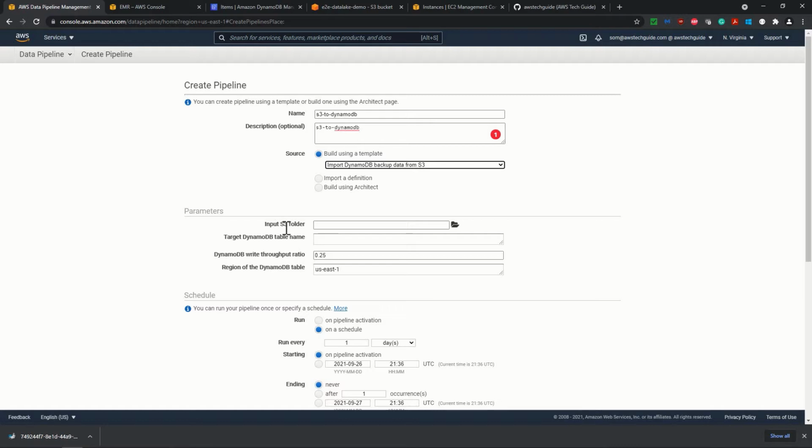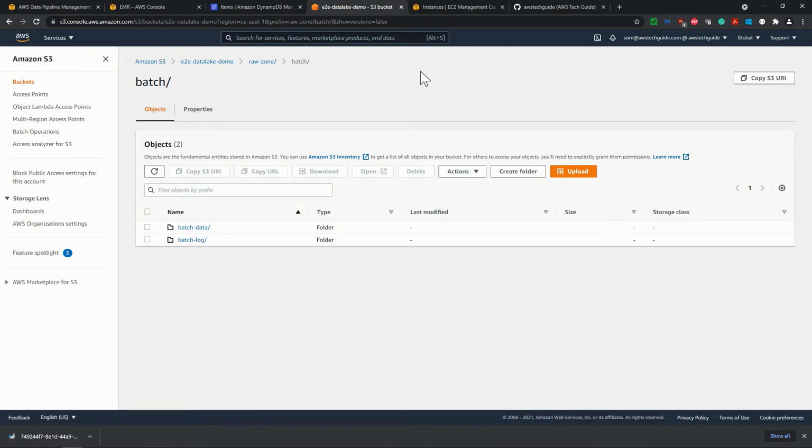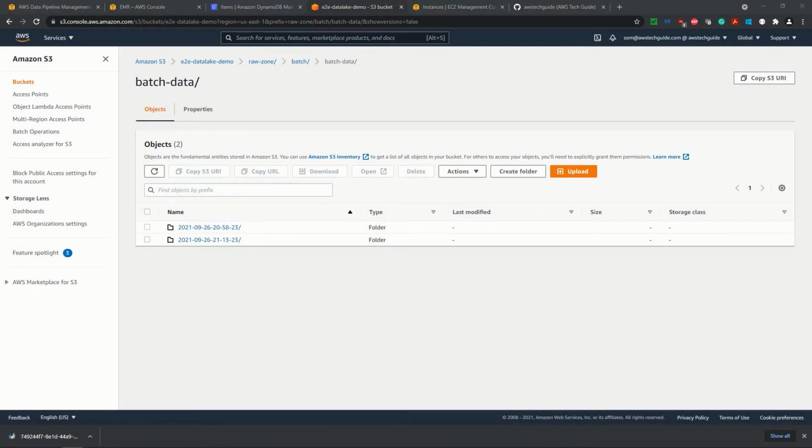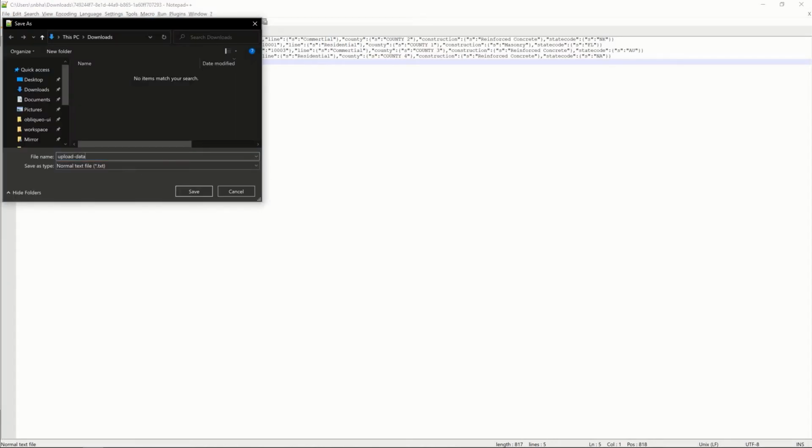Input S3 folder. You know that we have the S3 folder already there. So I'm going back to the S3 folder over here. Inside batch, what will be our source folder? Our source folder will be batch data. Now we have these folders over here. So what I am doing is, this is the data we actually extracted from DynamoDB. I'm basically saving it as upload data dot JSON,